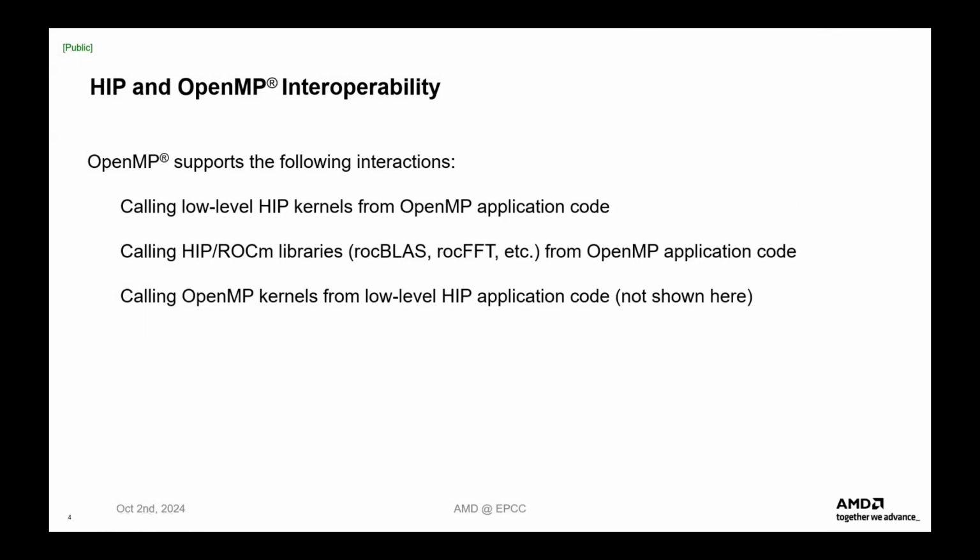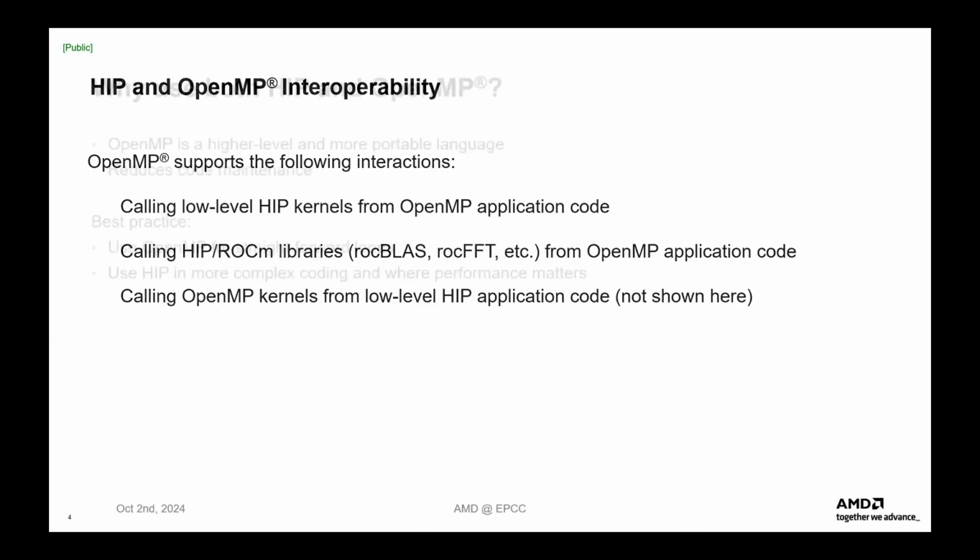The HIP and OpenMP interoperability, why do we want to use it? In my presentation yesterday, I already told you the great thing about OpenMP is that you can call a low-level HIP kernel from OpenMP, and that you can call HIP or ROCm libraries like rocBLAS, rocFFT, and so on, from an OpenMP application code. You can also call OpenMP kernels from a low-level HIP application code, so the other way around. This is probably not the usual way, so we will not show it here, but it's very beneficial that you can call especially the ROCm libraries from an OpenMP